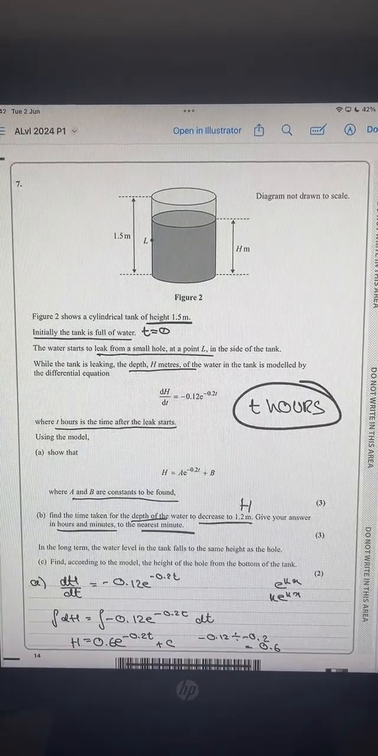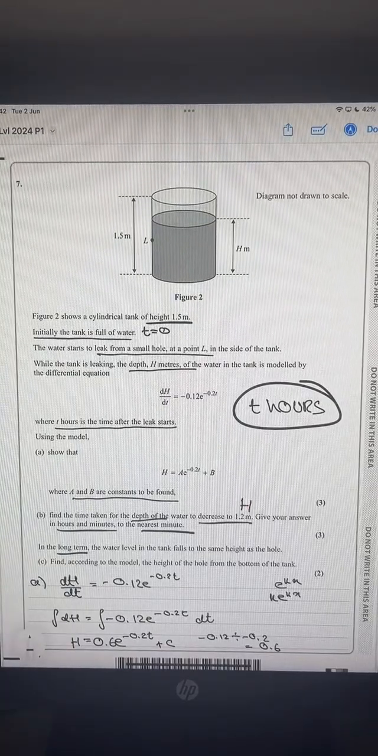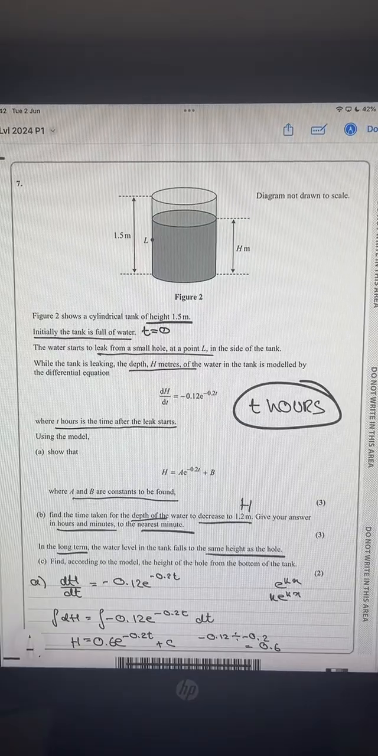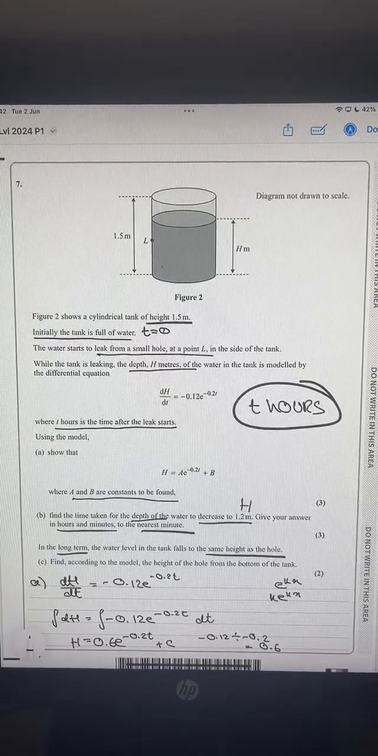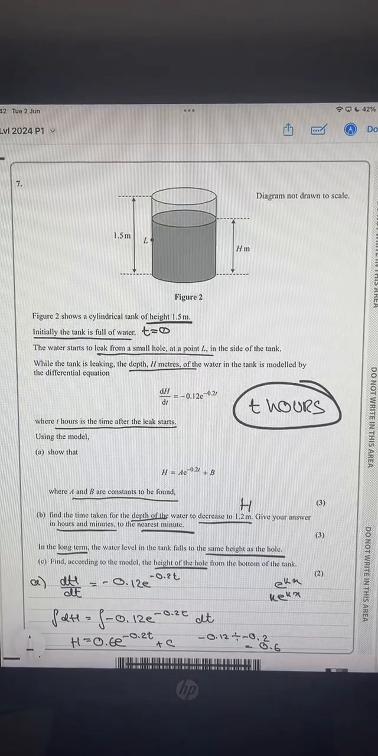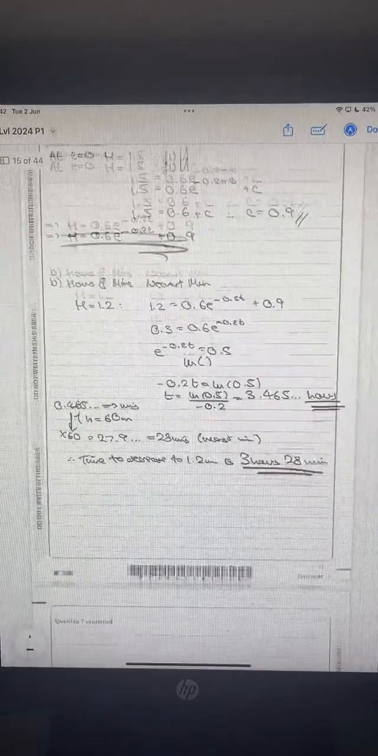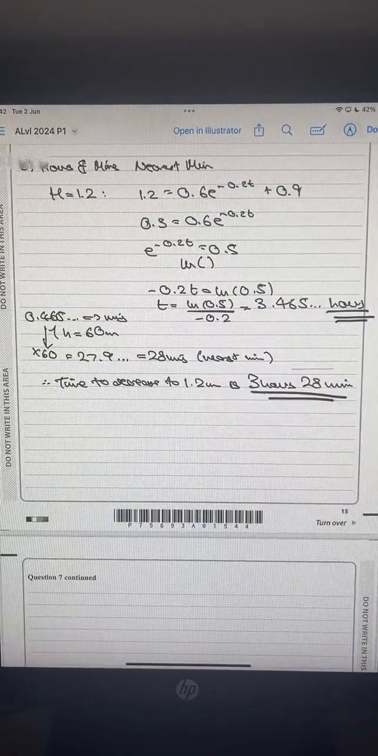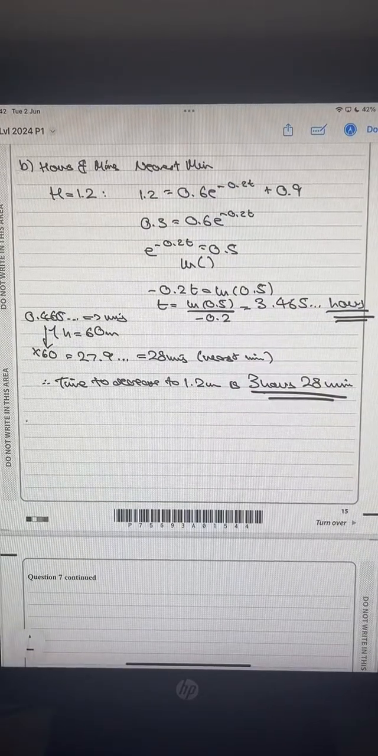Very nice. Now for part C, in the long term, so I'm thinking as t tends to infinity, the water level in the tank falls to the same height as the hole, which makes sense, right? Because it cannot fall out above. Find, according to the model, the height of the hole at the bottom of the tank. So when you see the phrase long term, you think t goes to infinity. So C,